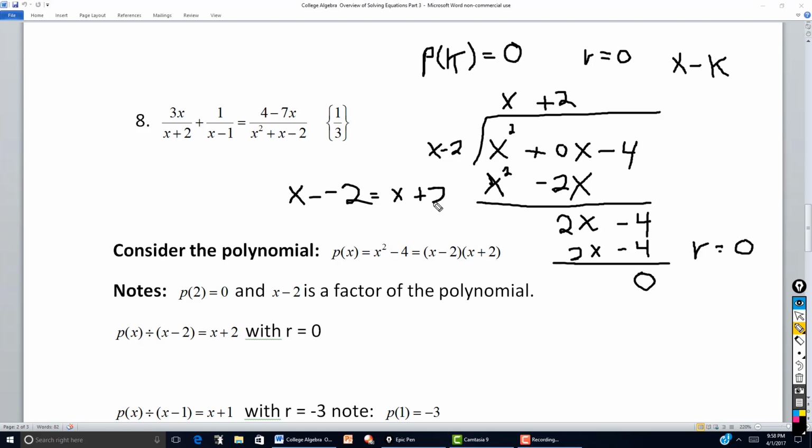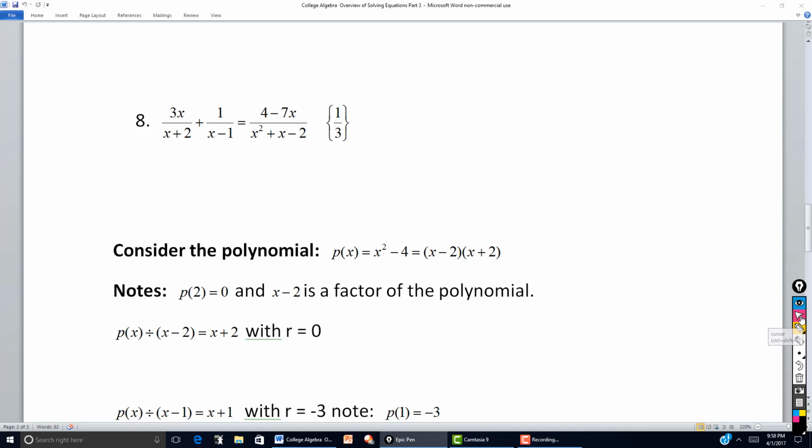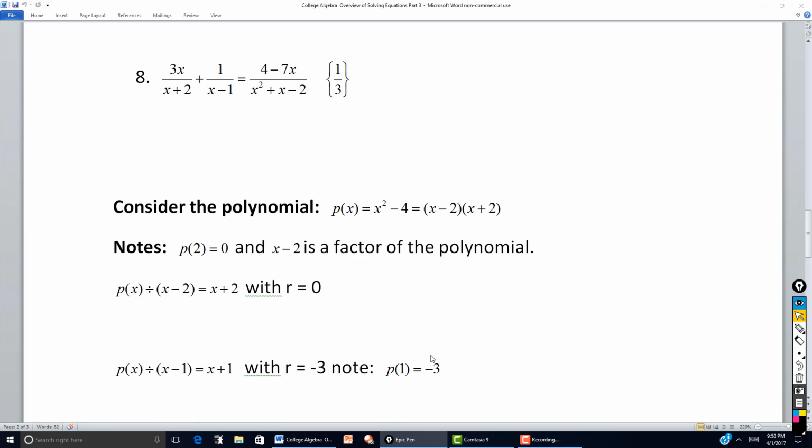And of course, x plus 2 would be a factor. Okay? Now, consider the next one. Let's clear this. Consider the next example. If I were to take the polynomial, this x squared minus 4, and if I divide